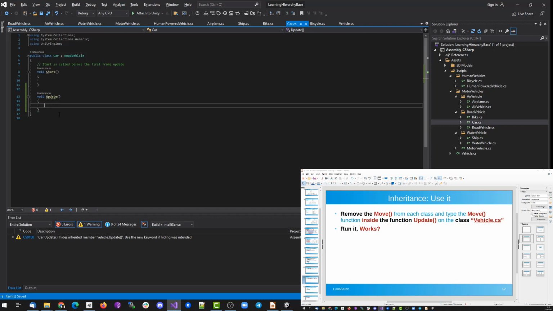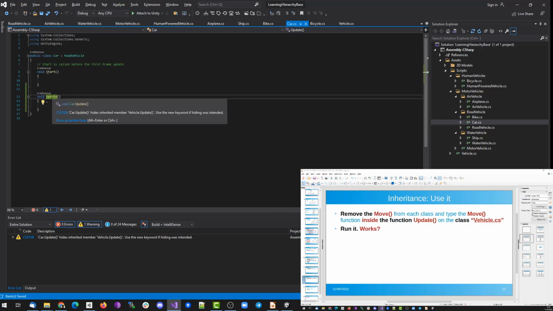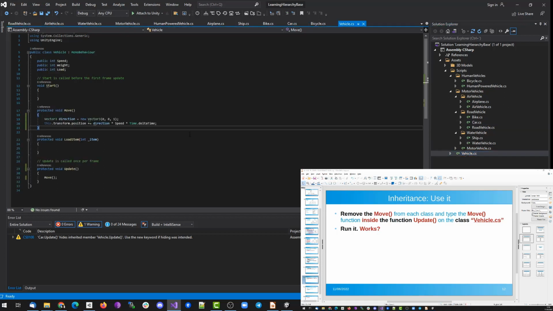Just imagine that we are checking all the time, is the driver pressing the brakes? The problem is that we cannot use the current structure, because the Update that we are getting is the one we are inheriting from Vehicle, and we also cannot implement the check brakes